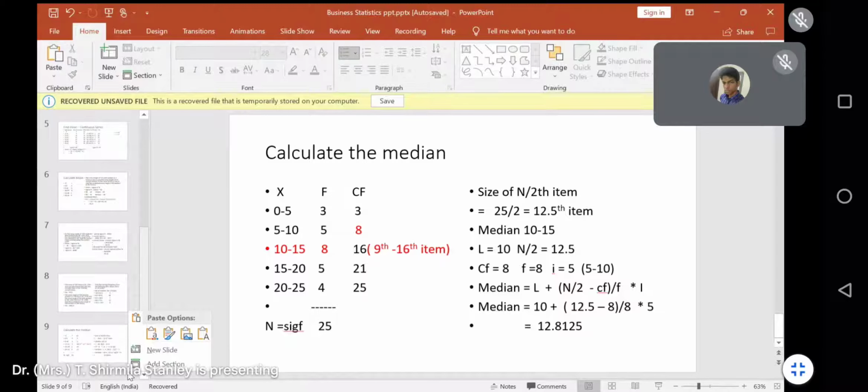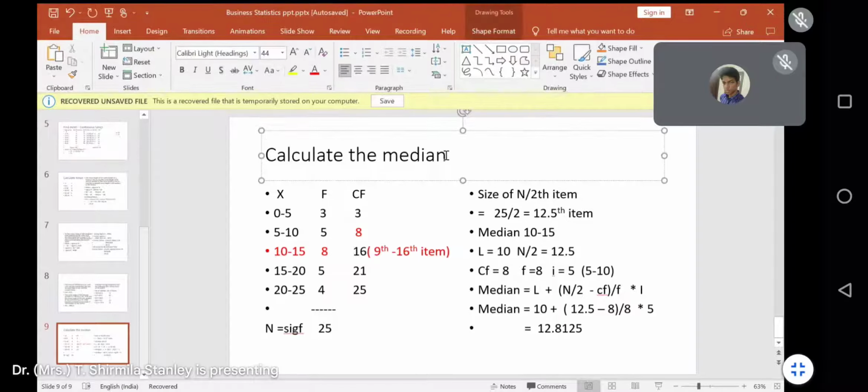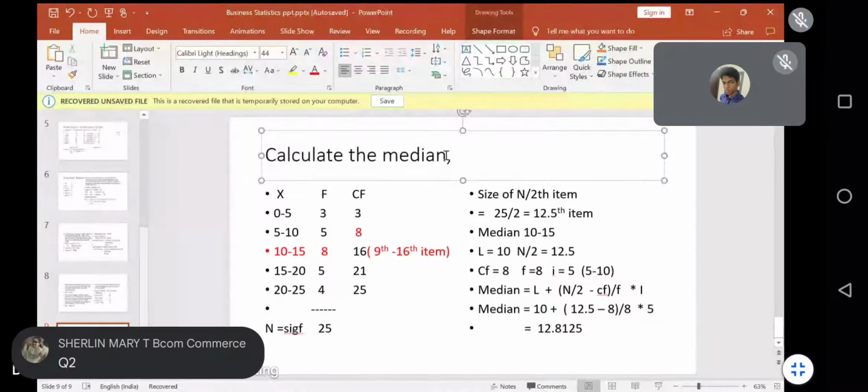So in the same problem itself, I would like to introduce something. Okay, now when we talk about quartiles, right? You have Q1, Q2, and Q3. What is the median equal to? Median is also equal to which quartile? Q2, ma'am. Q2, right? Median is equal to Q2, because it divides the entire series into 50-50, into two halves, right? So it is Q2.